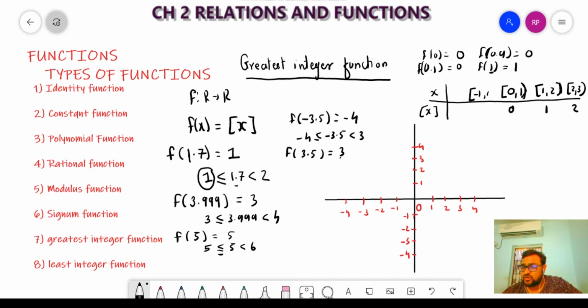Right? Minus 1 to 0, minus 1. Minus 2 to minus 1, minus 2. So when I draw a graph, from minus 2 to minus 1, the answer is minus 2. See, I am taking minus 2. So I am taking this number and this. So I will use a solid circle here. But am I taking minus 1? No. So on the side of minus 1, I will use a hollow circle. Here, from minus 1 to 0, solid circle, hollow circle.